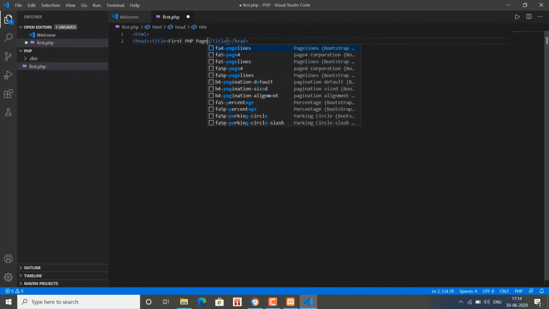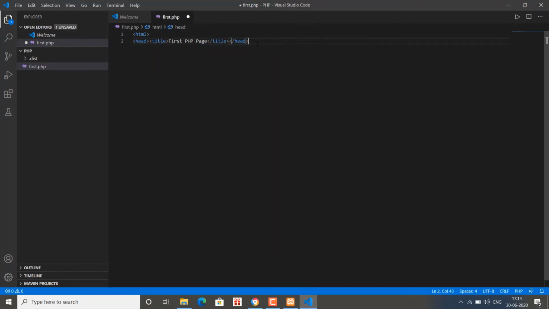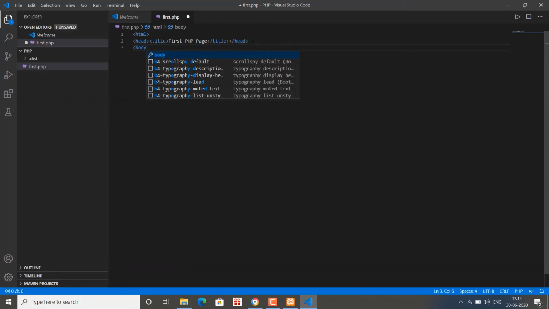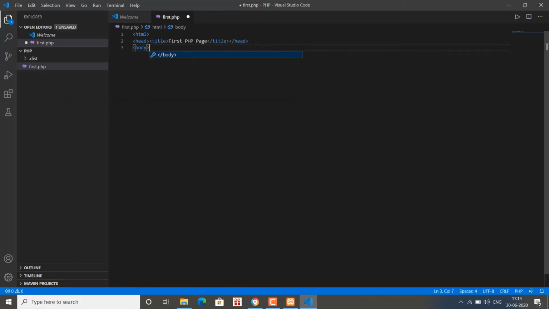So after this I have to close the title, then the head is closed, then I have to start with the body, and then close the body.